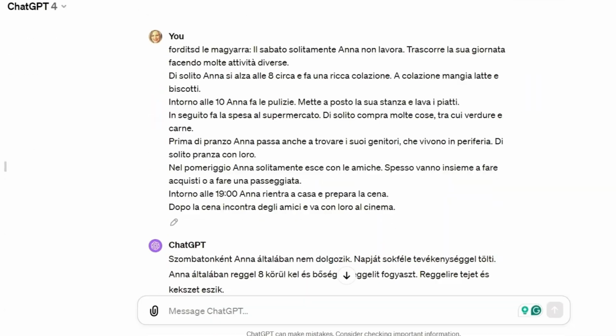We will take a beginner level story in Italian and request its translation into Hungarian. Okay,